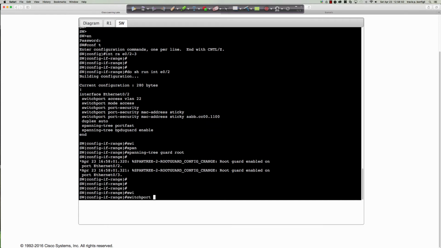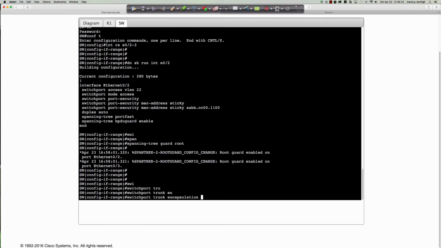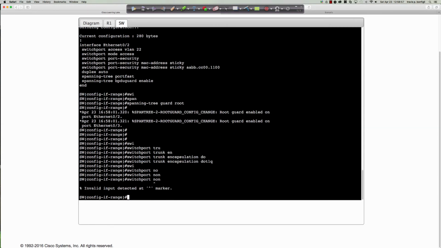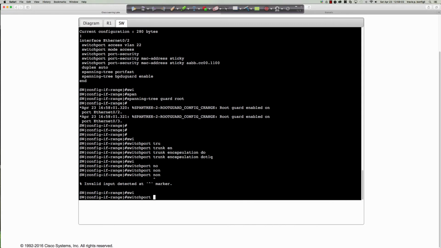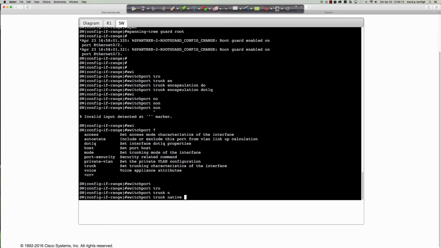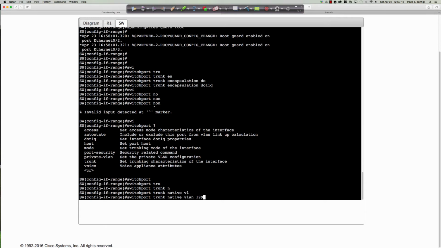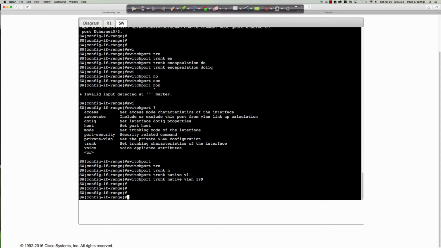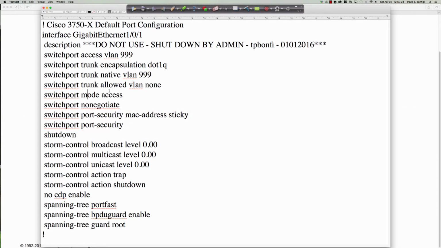So we'll just say switchport trunk encap dot1q, and then a switchport nonegotiate. Oh, that's right. The IOU does not have that switchport nonegotiate. At least it doesn't appear to be there. We've run into this before. So it appears maybe DTP is not running. So switchport trunk native VLAN, and they said 199 is our VLAN to use. So we'll go ahead and say VLAN 199, and let's take a look and make sure that that is about it. So the native, encap,